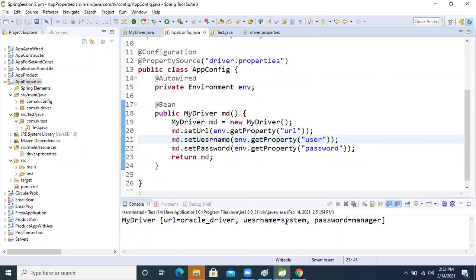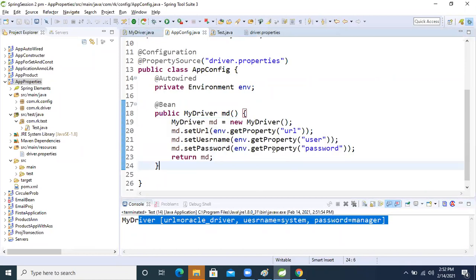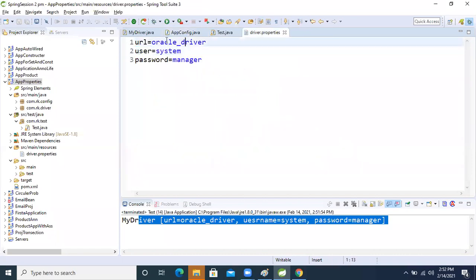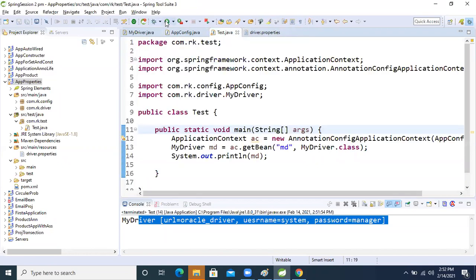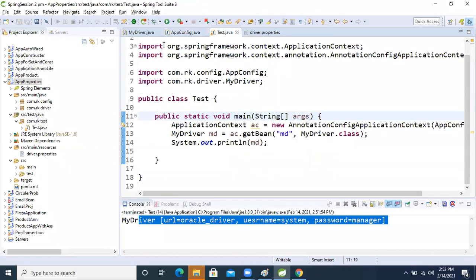So okay. But today see, in the previous application, what we were doing, only in the Java code we were doing the changes, right? But now, this time, tomorrow if our client needs a MySQL driver, then just root, we will change inside the property file. To make the changes in the property file, we don't need to touch our Java code, right?